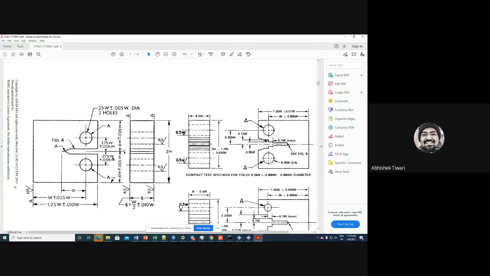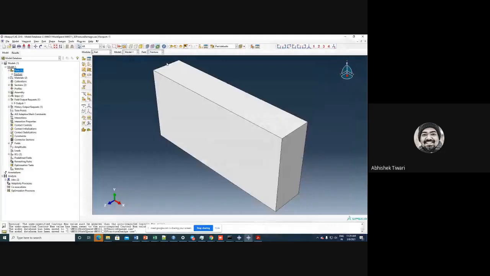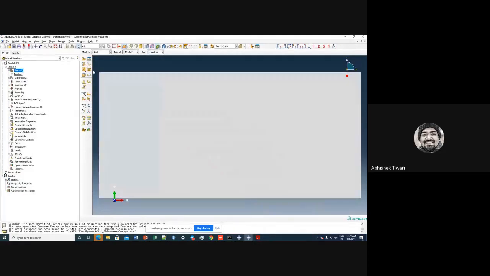0.275 times 20 is 5.5 millimeters up, with a diameter of 0.25 W. So this center is actually 0.275 W. Let us fix the center and then we will calculate the diameter and do it. To make the hole, I want to get a point, so I will partition it. I'll make holes. I have to cut and extrude.